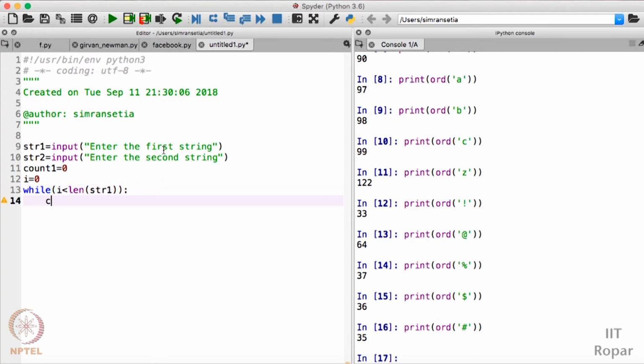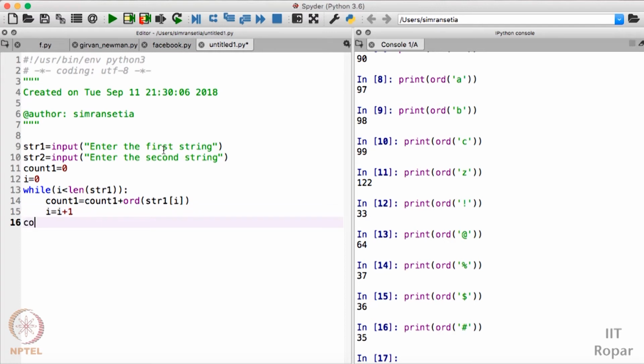I should write count1 is equal to count1 plus, I'll use the ord function here, ord of str1 of i. Now the count1 will store the sum of ASCII values of the characters present in str1. I should increment the i value here so that it traverses the whole of str1.